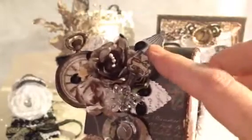And then this is a key that I fussy cut and put glossy accents on from the paper. And then these two flowers, and that one's from my stash. And then this is a Prima lamp post that I just stuck in there. So that's pretty much it for my little balsa box. Pretty cute. And then the other thing that I did